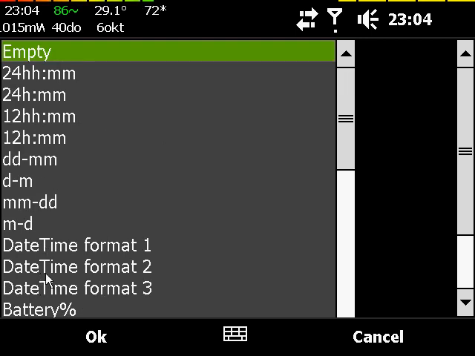You have also different formats for hours, but those datetime formats here are much more powerful, because you can